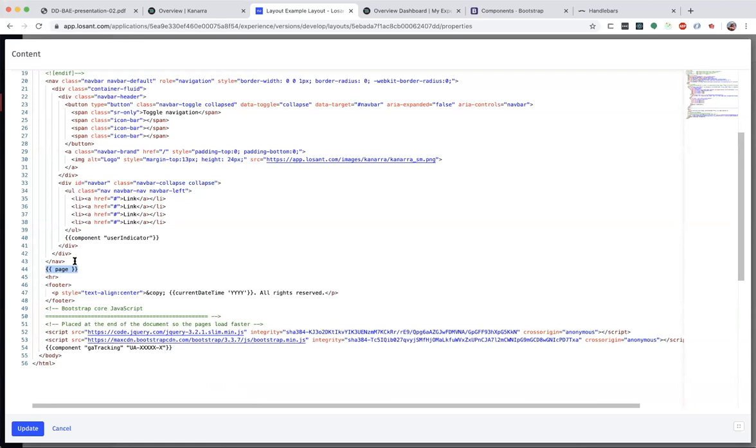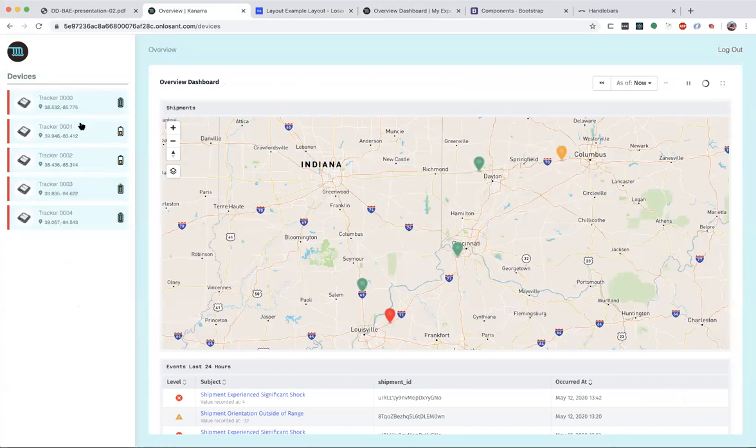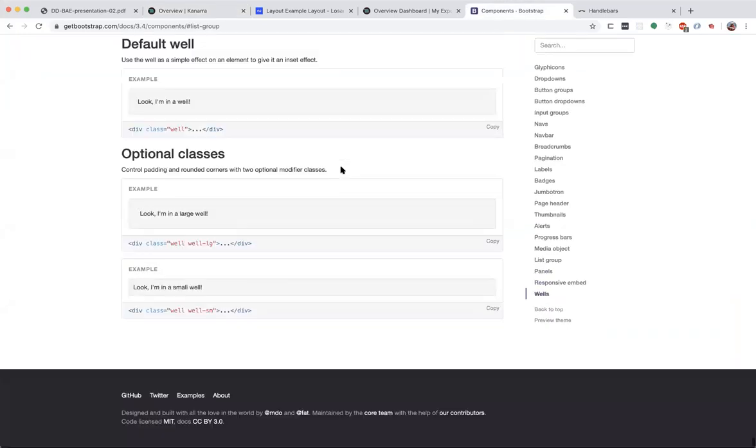And how do I get that side-by-side layout that I'm getting right here, with a list of devices and a dashboard over here that's going to expand to the width of my browser screen? Let's go back to our friend Bootstrap and see what they have for us.